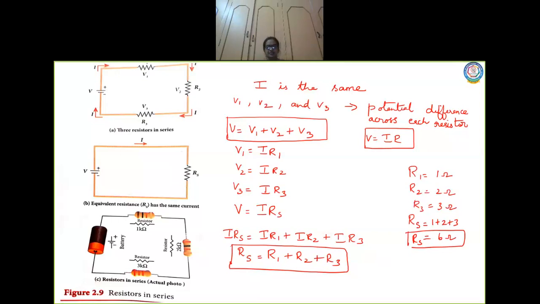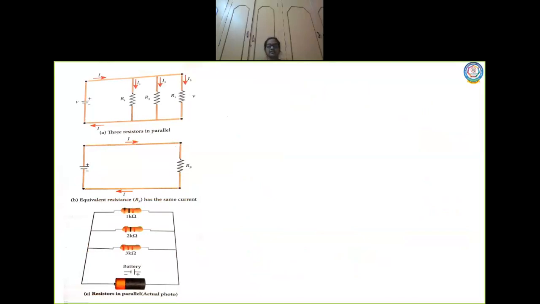The next is resistors connected in parallel. Again, the same type of diagram, but here all the resistors are connected in parallel. Look at the first diagram, children. Again, I am explaining the first diagram. Here again, there are three resistors, R1, R2, R3, and it is connected to a battery with a potential V,